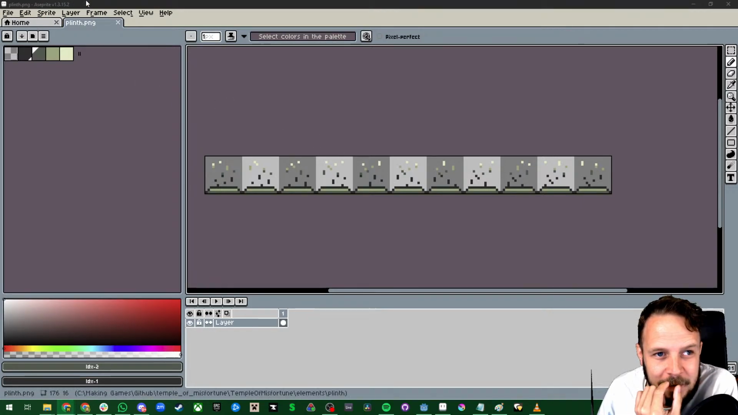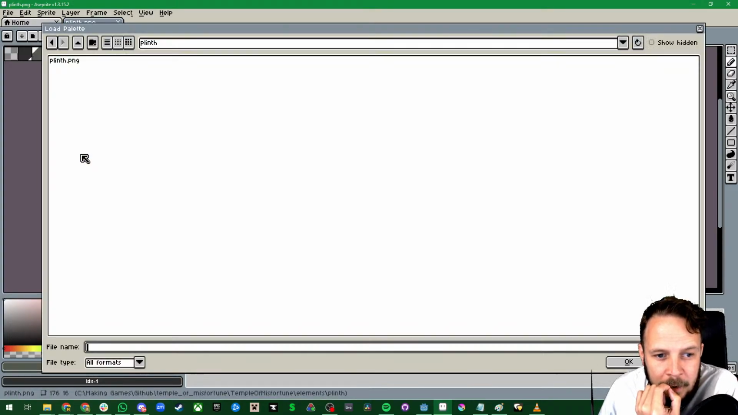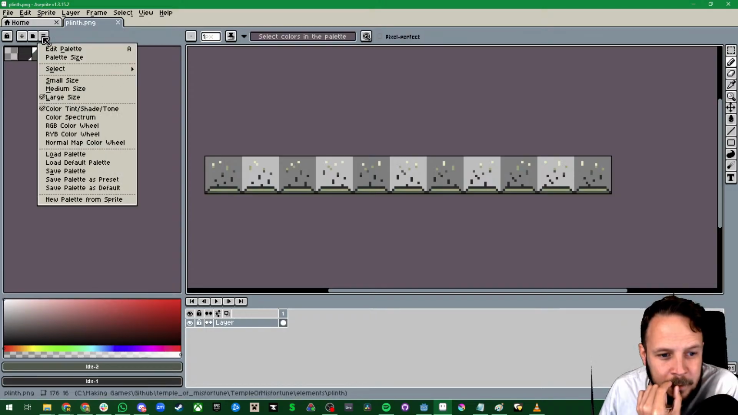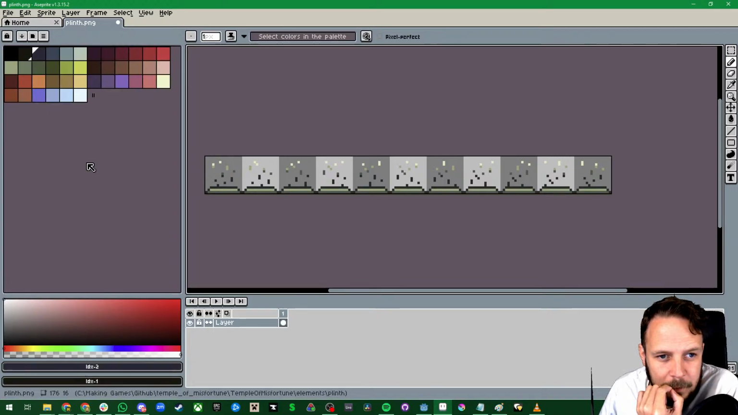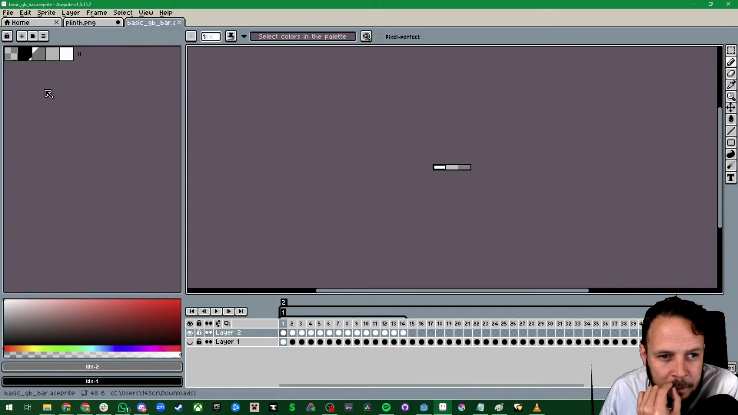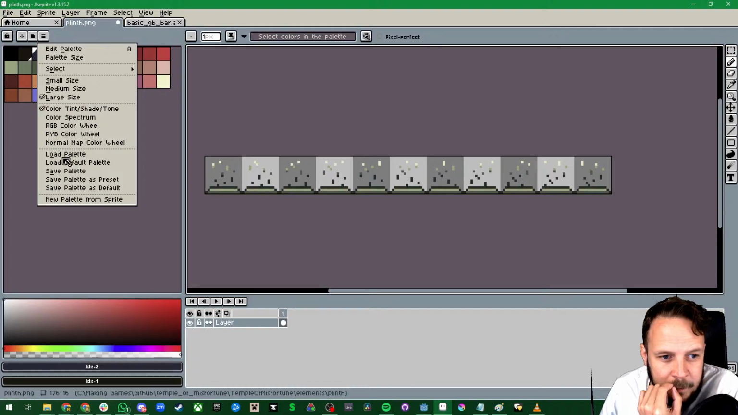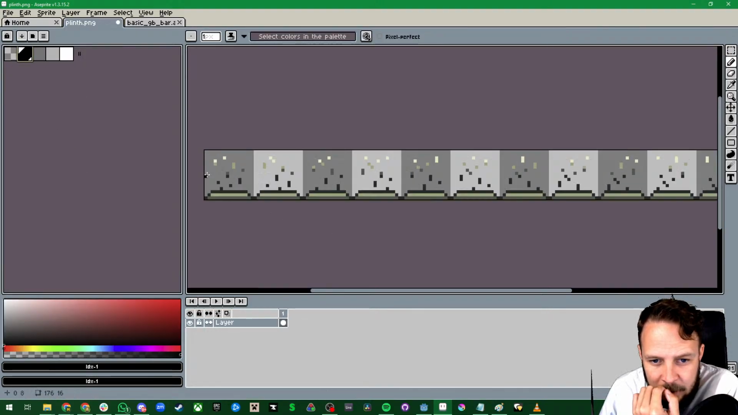Anyway, right. So now we're in the Temple of Misfortune version of the file, and we can load the palette. No, we want to, where do we get it from? The default palette. That's not what we want. Let's open this bar here, and let's save palette as default, and then come in here and load default palette. Now we get the palette we want. Okay, cool. And now we can